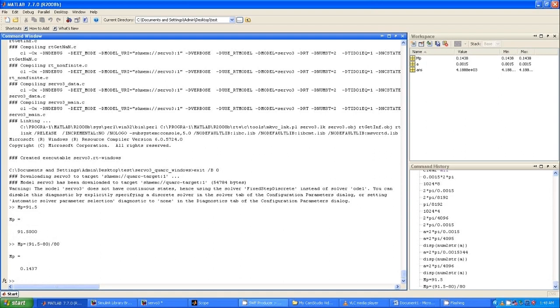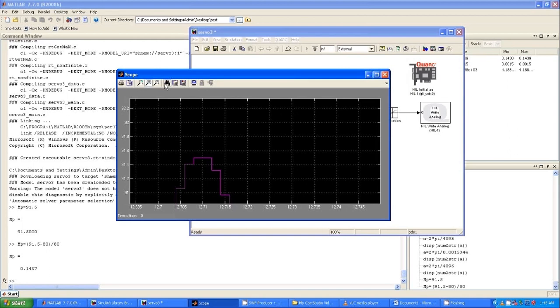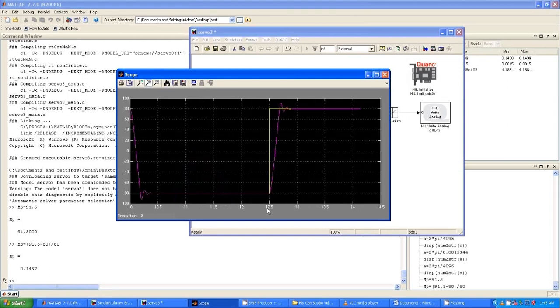From the graph, we can also note down the settling time. How to find settling time? Just open the scope, reset your graph.